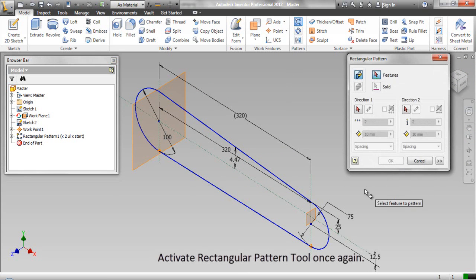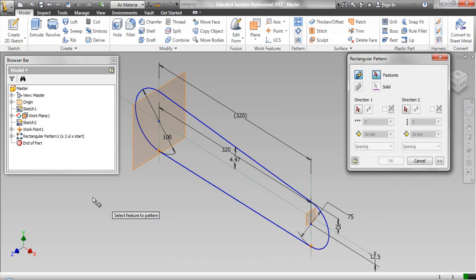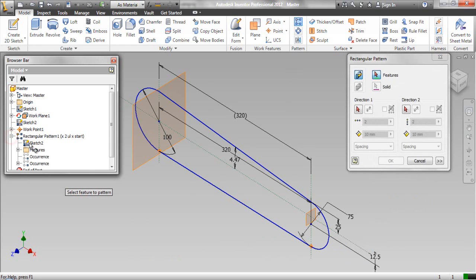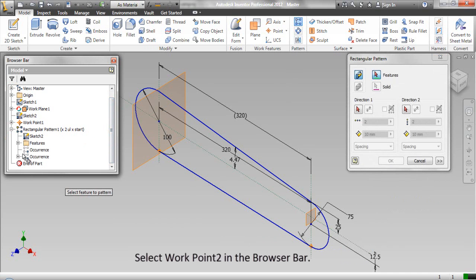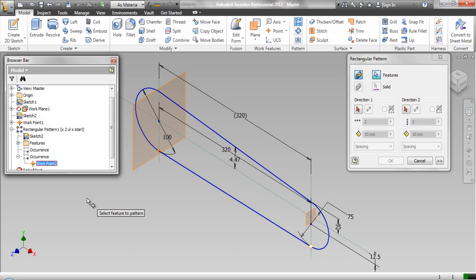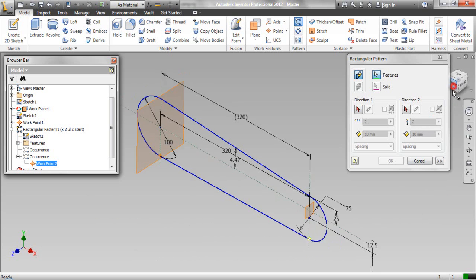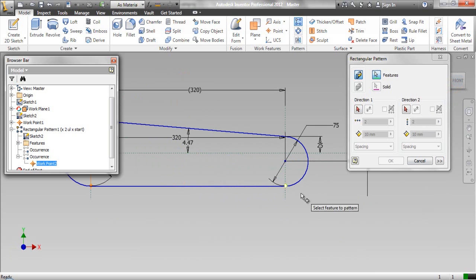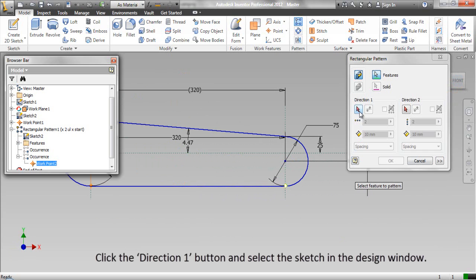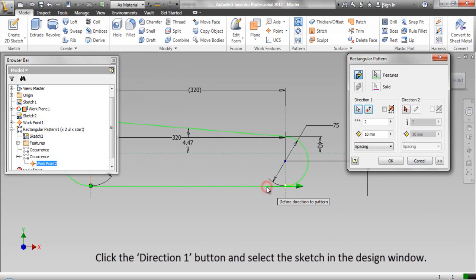Activate the Rectangular Pattern tool once again. Select Work Point 2 in the browser bar. Click the Direction 1 button and select the sketch in the design window.